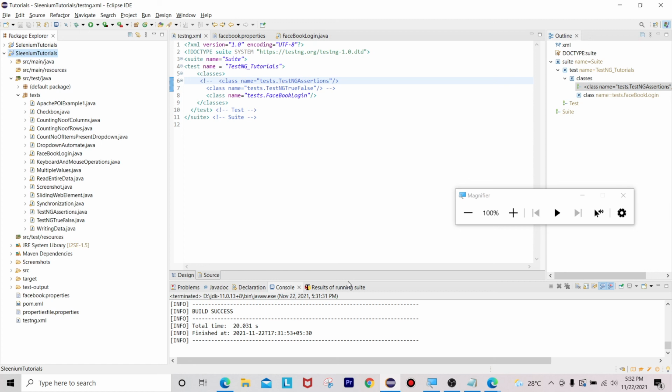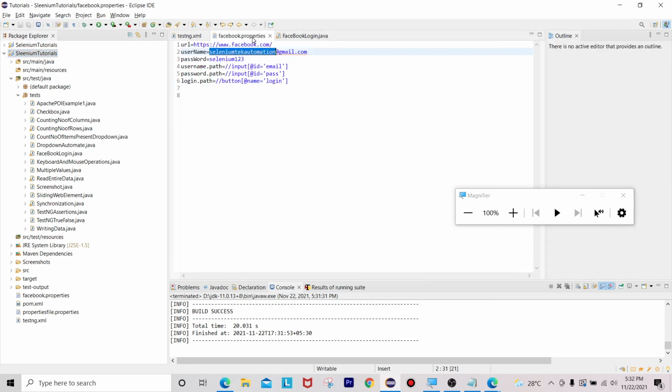Okay, what is the extension of this properties file? The extension of this properties file is dot properties. And each parameter in the properties file represents a key and value format.